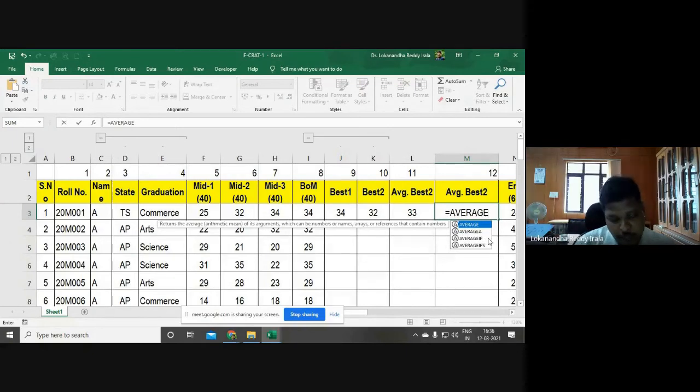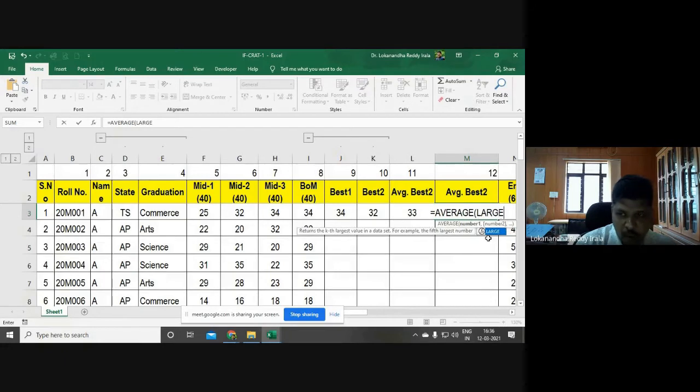We are writing one function within another function. Average of large, these three, comma 1, comma large, again these three, comma 2.